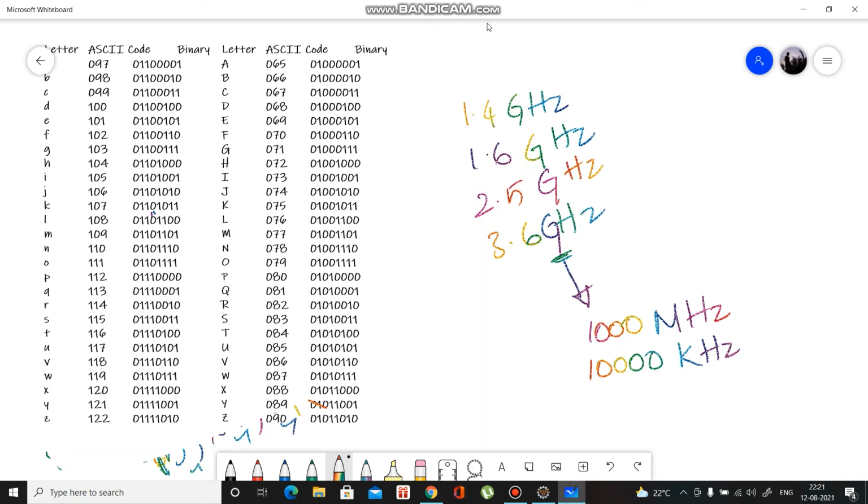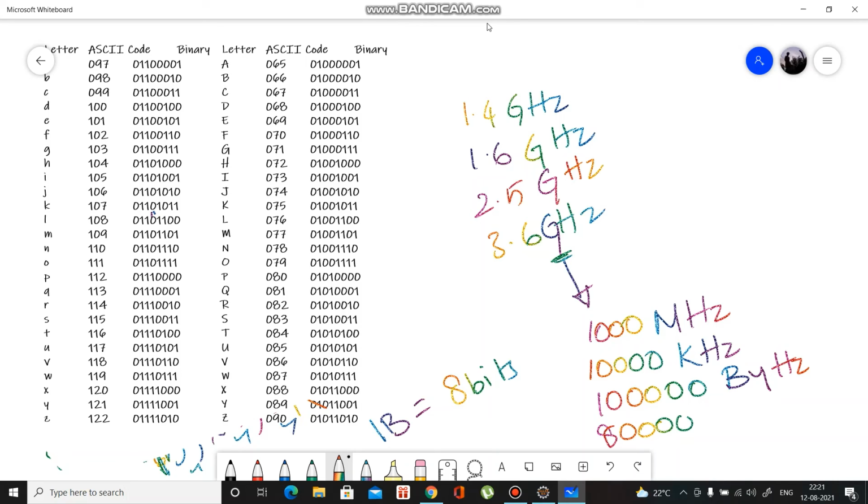If I convert it into bytes, then it will become 1 lakh bytes hertz. And if I convert it into bit hertz, then 1 byte is equal to 8 bits, so it will become 8 lakh bit hertz.